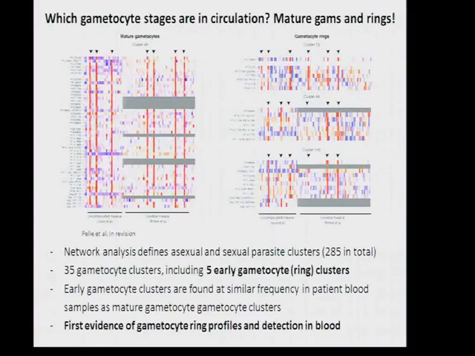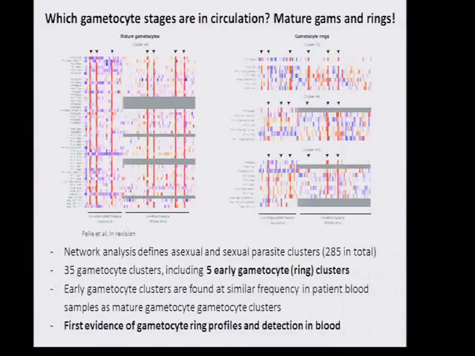Microarray data are not very sensitive for the detection of rare stages or rare transcripts. So of course this is an underestimate, but the good thing is these 4 patients here are also all positive by smear for gametocytes. And basically that just validates the point that we can define stage-specific transcriptional gene clusters, and we can detect all the genes from such a cluster in the blood circulation if this stage is expected to be in the blood.